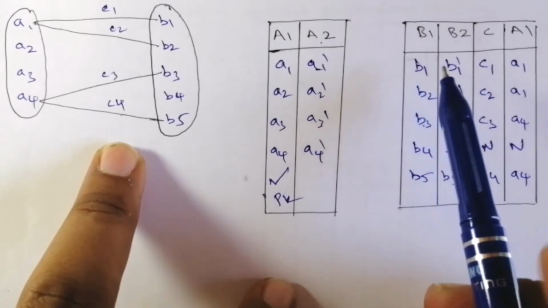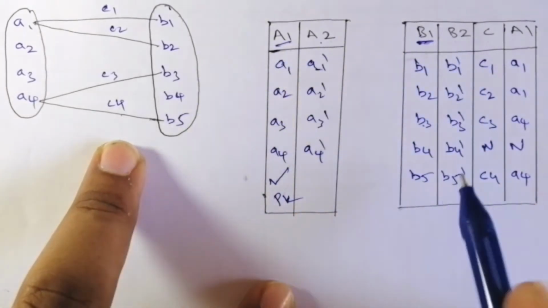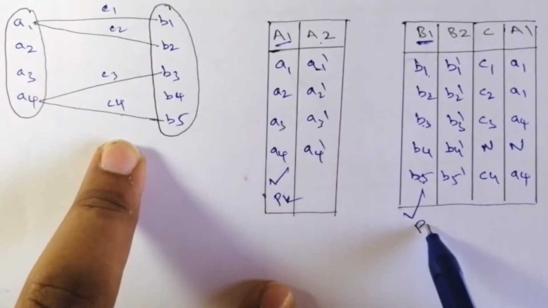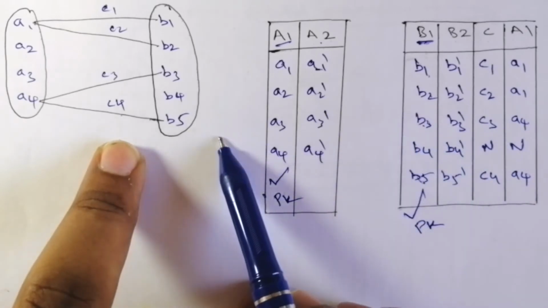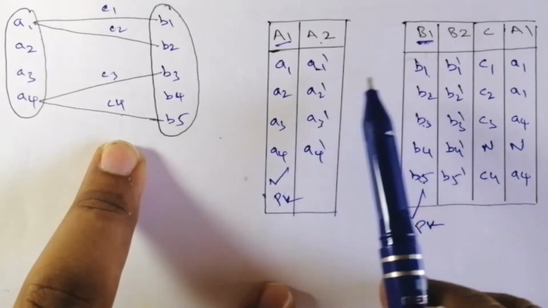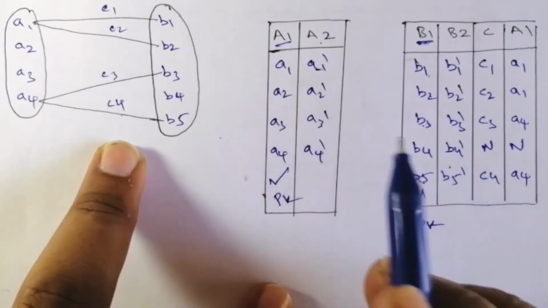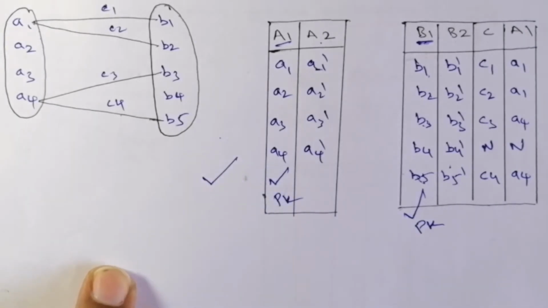Now what is our primary key attribute? It's B1. This side we have A1 and this side we have B1. Across B1 B2 B3 B4 B5, it is suitable for the primary key, and every cell has an atomic value, and we have checked for the minimum number of relations. The first is not possible, so we moved to the second. The second is suitable. Now this particular relation is suitable for our given ER diagram.